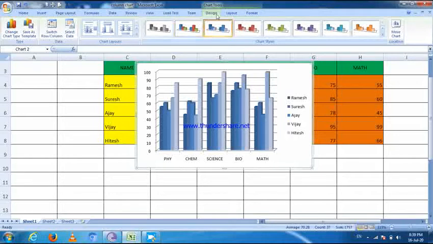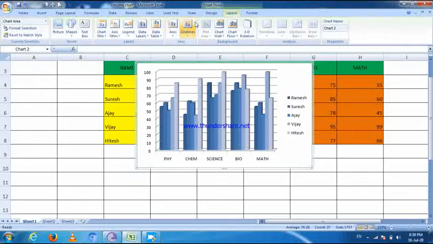Then after selecting the Layout tab, there are many tools in the Layout tab.